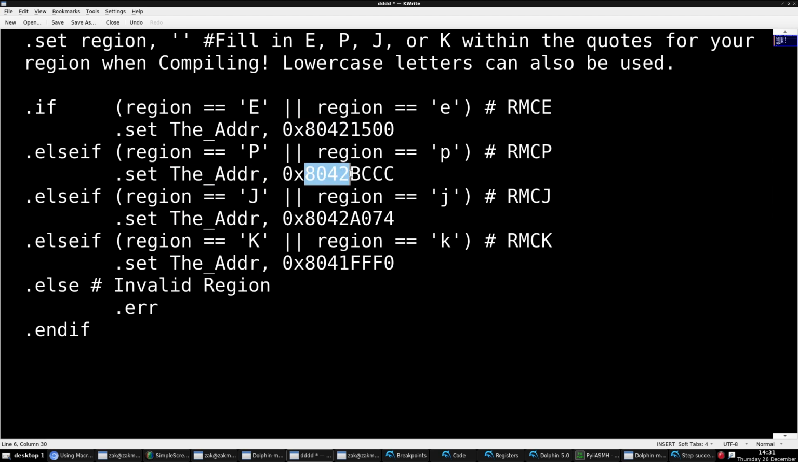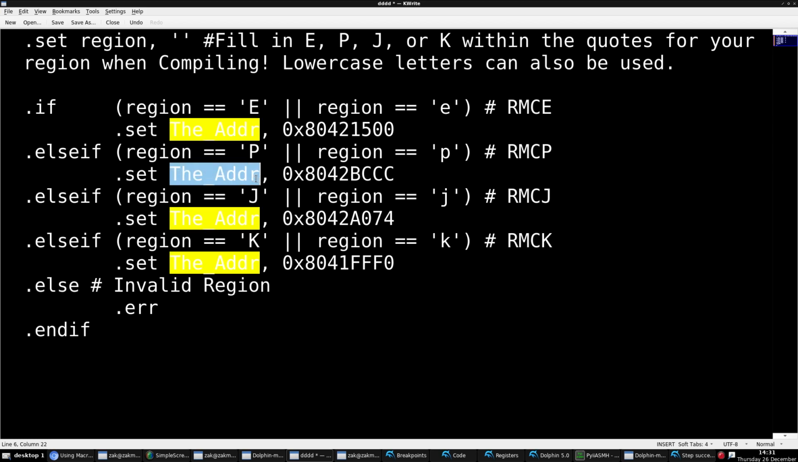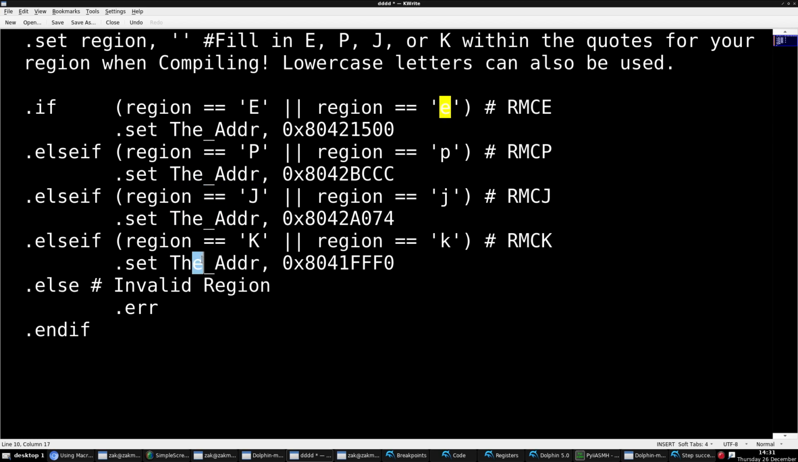Maybe this is an address of a function call and it varies. So what you want to do is set a label name for it. Obviously use the same label name for each port because it can change. Set the USA value, set the PAL value, set Japan, set the Korea. So what's going to happen is if you use, I don't know, LIS R12,